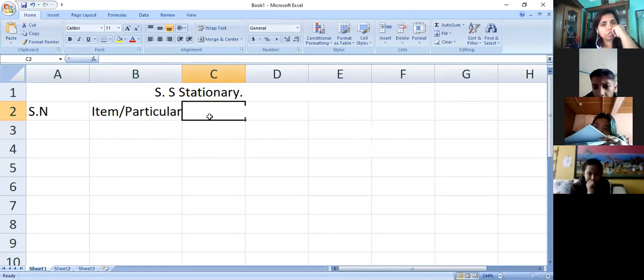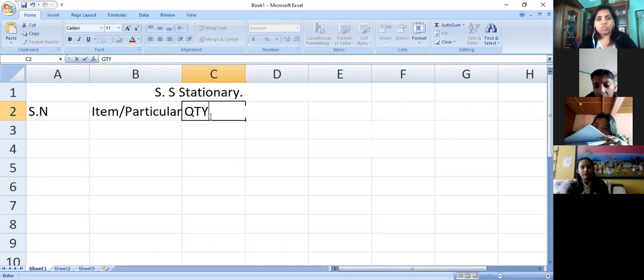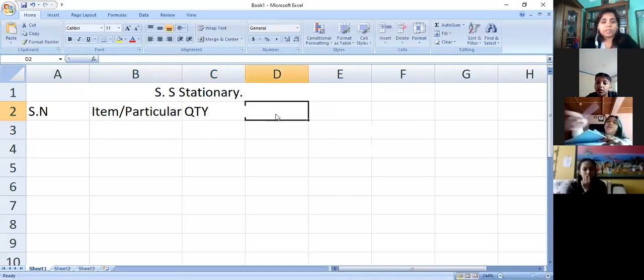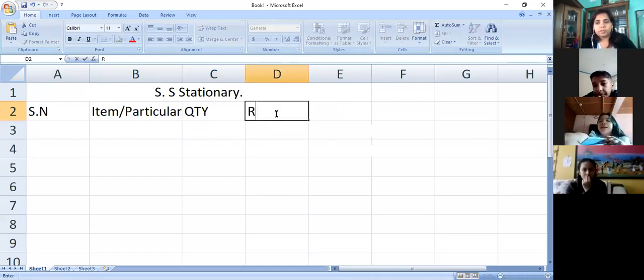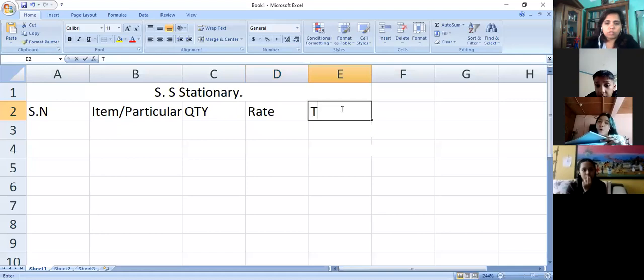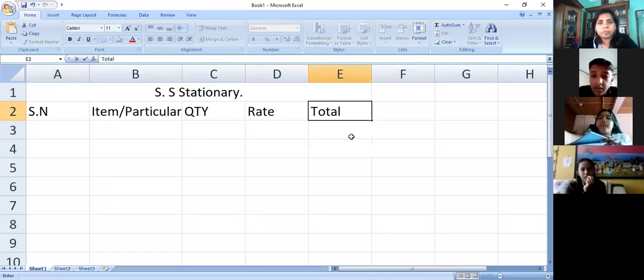Now next one is quantity. In short, we write QTY. And next one is rate. Then total. You have already done this bill format, isn't it?